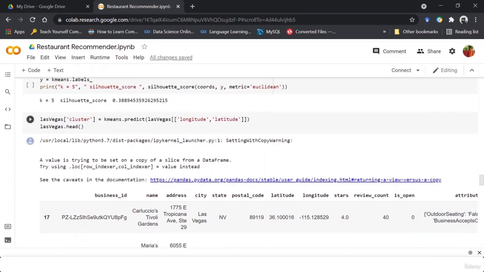Next, what I'm doing is using the predict function and giving the input longitude and latitude. So these are my points on the Cartesian plane, longitude and latitude, upon which predictions are to be done for which cluster that location would belong to.